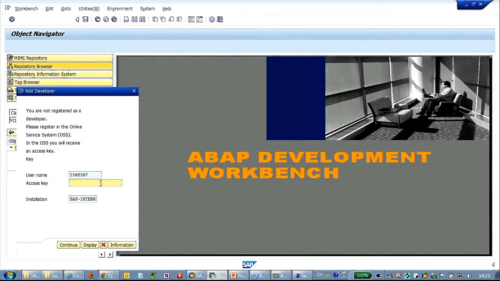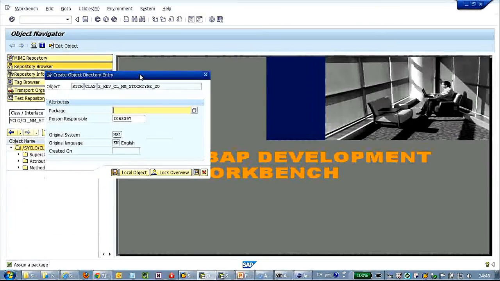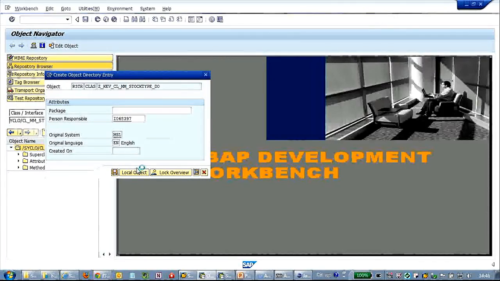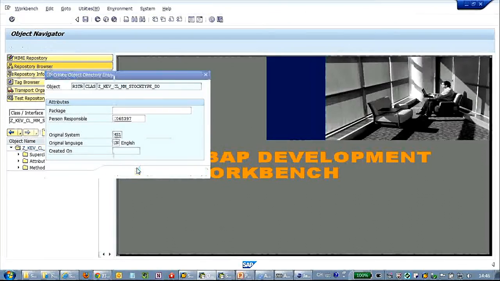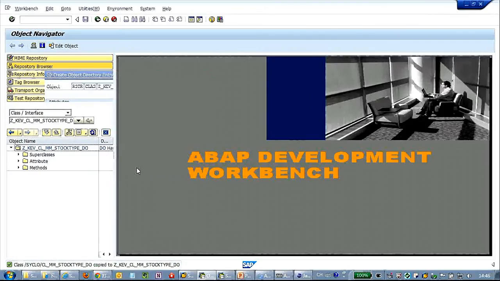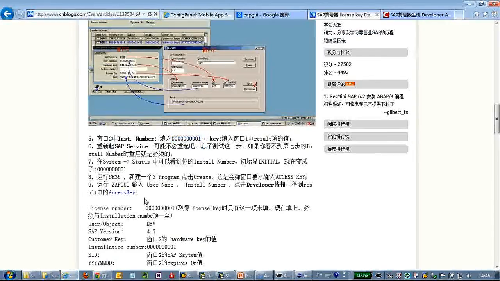So here is the access key. Maybe I'd like to generate one from the outside. Okay, here, use it. Generate it as a local object. Okay, the next thing we will do is